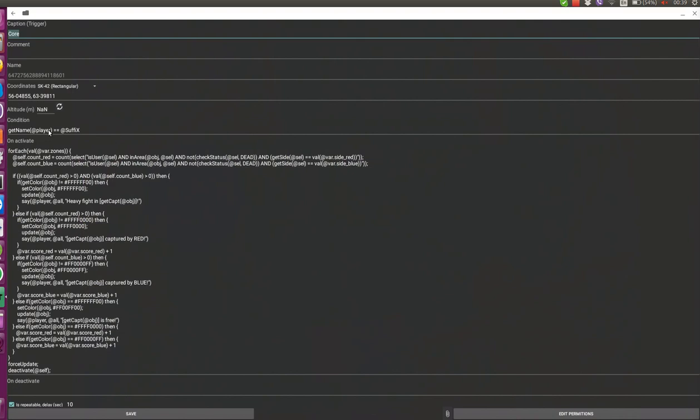It starts only on the device where the player name is suffix, and at the beginning it calculates the amount of users inside the current area, which have no status dead and belong to the side red or to the side blue correspondingly. When users of both sides are in the zone, then the zone becomes yellow and the message heavy fight in the zone